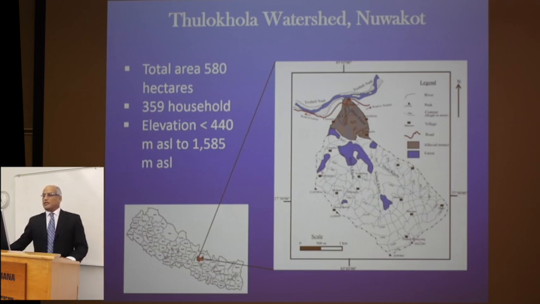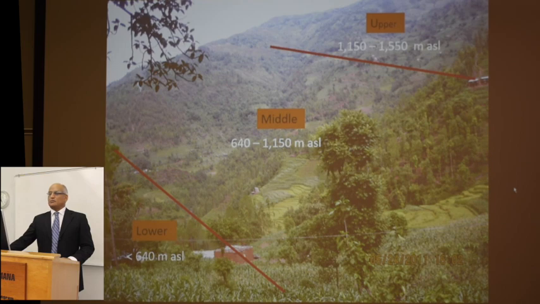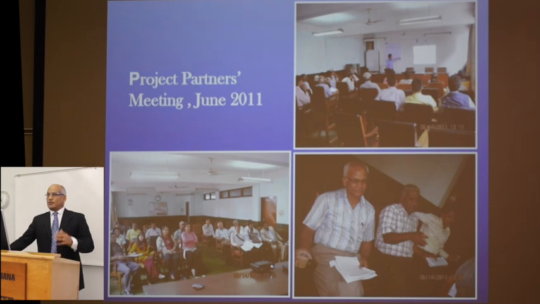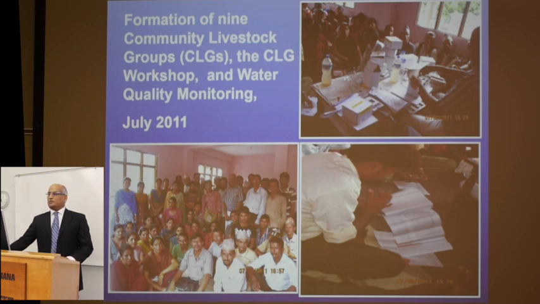That includes Nepal Agricultural Research Council, CARE, Nepal Agricultural Development Bank, Tribhuvan University, Asta-Ja, and many other stakeholders at the local level. This Thulokhola watershed was a kind of a case study for climate change adaptation in recent years to understand how climate change impacts are occurring in the smallholder farming system, and how farmers are adapting to that. For this, we had several project partners meeting in Kathmandu, and also we had several